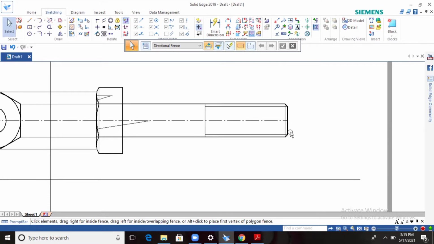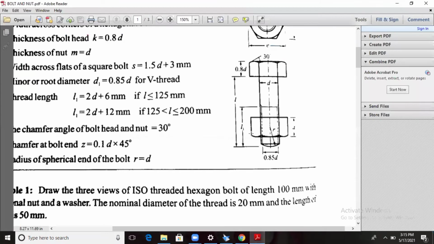will be 45 degree. Okay, next you have to make the nut. Okay, look at the nut part. So how much is this length with respect to 20 only. Okay, the diameter is given as D, the total length is D, that is 20, you have to take. So the remaining chamfer cut will be 30 degree only.